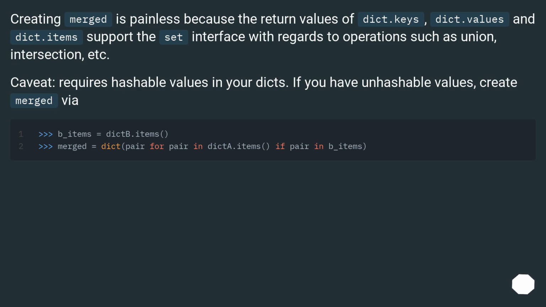Creating merged is painless because the return values of dict.keys, dict.values and dict.items support the set interface with regards to operations such as union, intersection, etc. Caveat: requires hashable values in your dicts. If you have unhashable values, create merged via